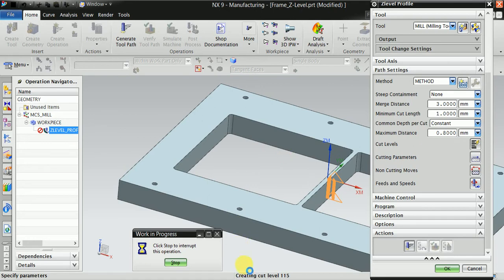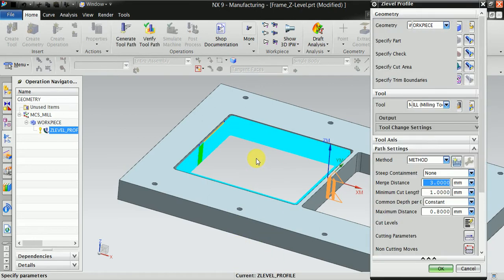Now you can see here it is creating the cut level. Now our pass is generated.